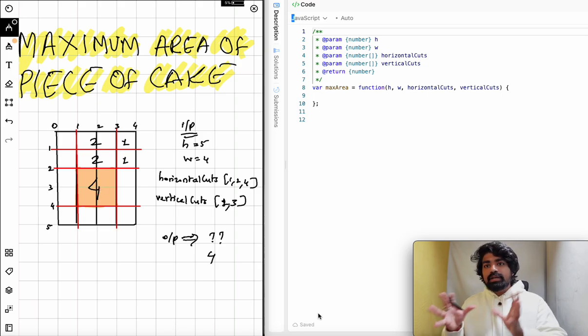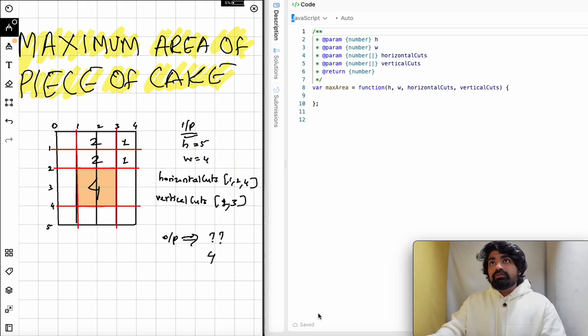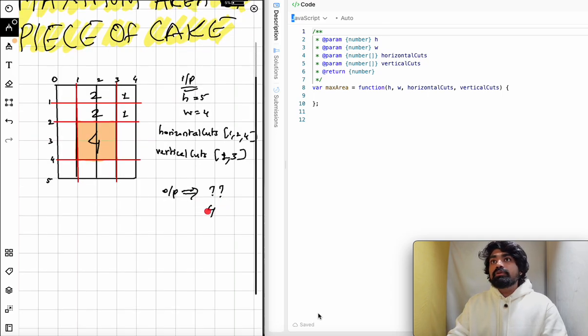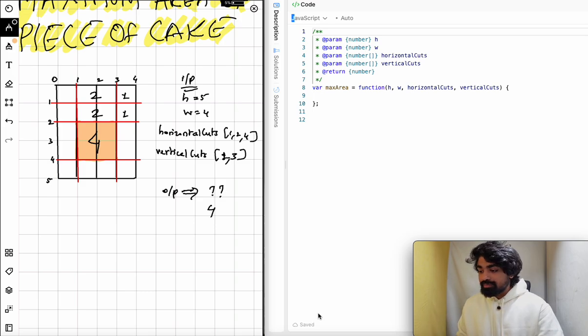And that's pretty much it in terms of what we are given in terms of constraints. We also get H, which is basically the number of rows in the matrix that we have, and W, which is the number of columns in the matrix that we have. And we have to return this in number format, this final output, which is going to be the area. And to find the area,